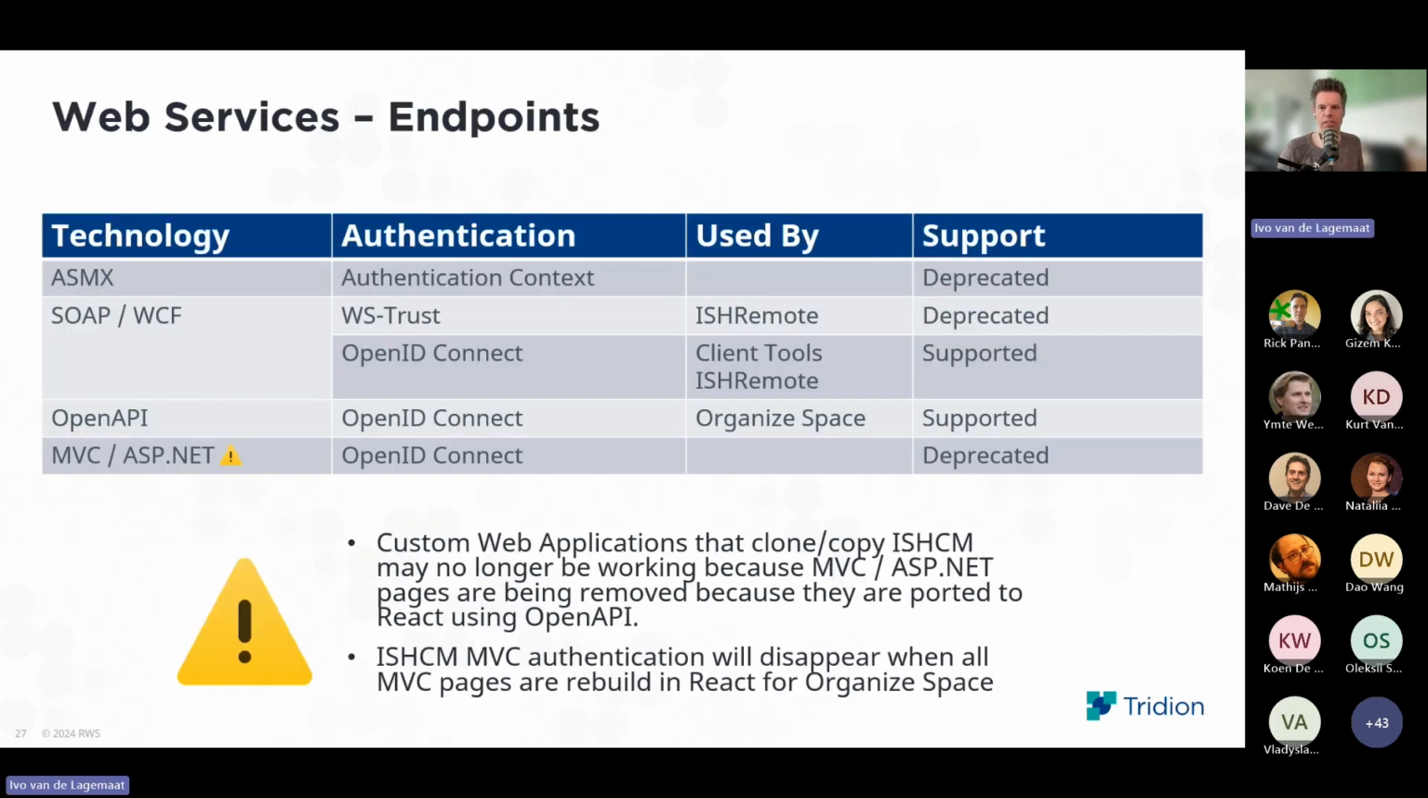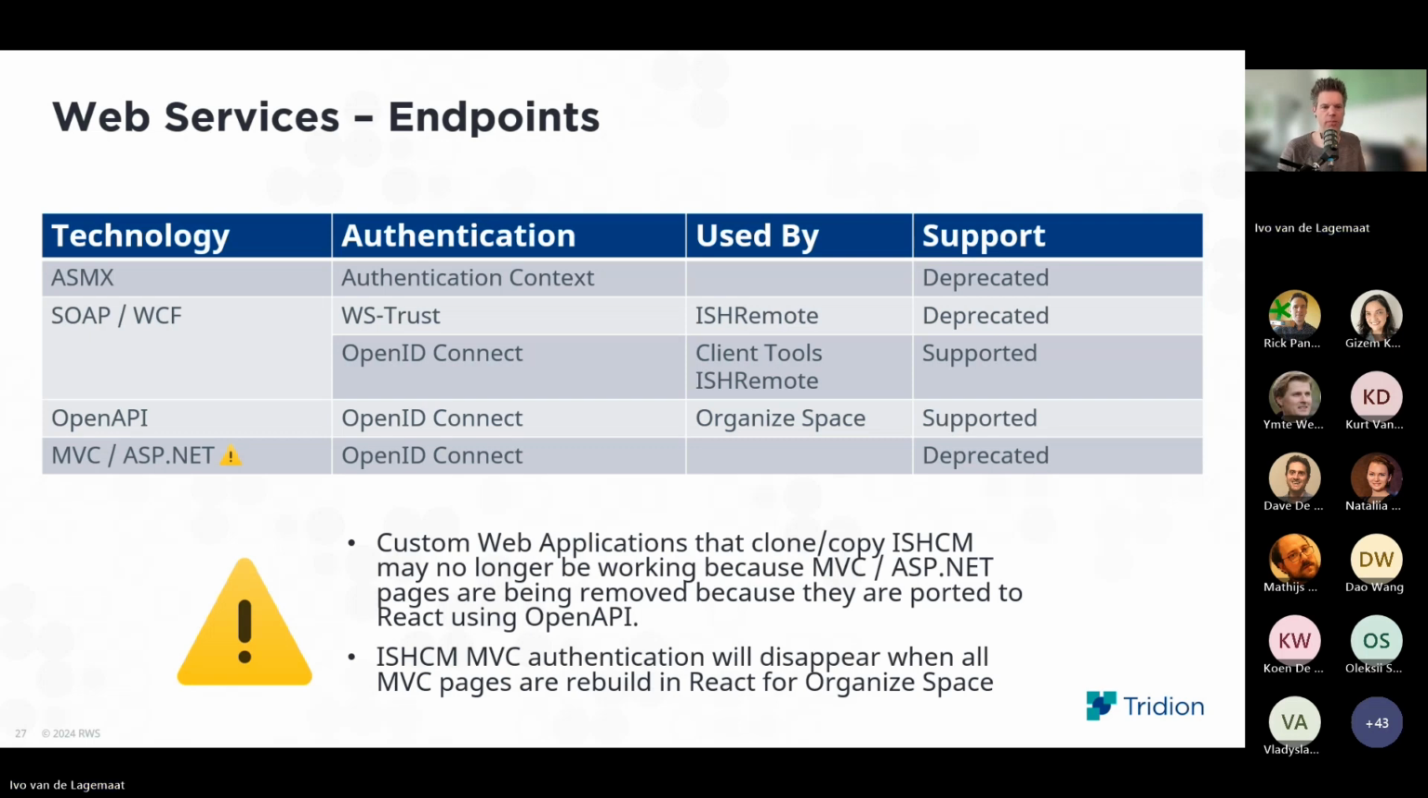So we talked about the SOAP OpenAPI. What kind of endpoints do we have basically on our web server? We have the ASMX that's used in the authentication context. It's deprecated. It's mainly used by a couple of Java implementations. For them, it's easier to talk to an ASMX endpoint than to a WCF endpoint, really, in combination with WS-Trust, it can be problematic with the support of libraries,